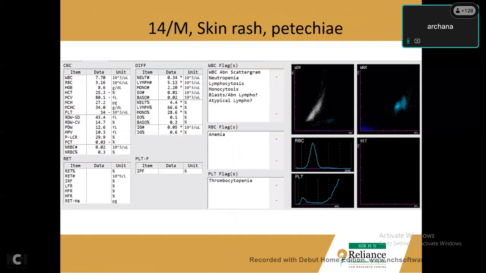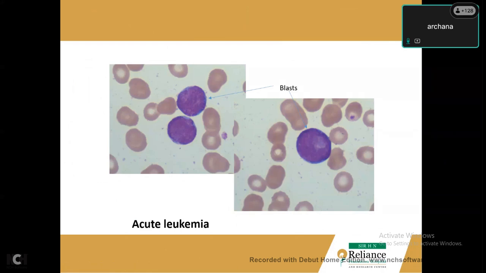Now here, I'd like to show you lymphocytes 66%, monocytes 28%. If you see the population on the scatter plot, it seems to have merged. You can't differentiate the lymphocytes from the monocytes. It's again going very high on the fluorescence. The flags are telling you that there are either abnormal lymphocytes, blasts, atypical lymphs, and a severe thrombocytopenia. So what do we do? We have to look at the smear yet again, and there we see acute leukemia,